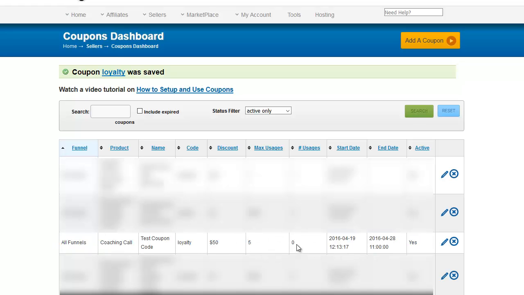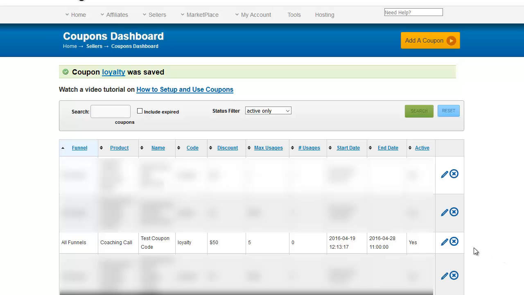And now we see the coupon code right here on my form. No one has used it yet, but once someone uses this, that will increment to 1. This is how you set up these coupon codes, and then what you want to do is whoever you're giving the coupon code to, you want to tell them the coupon code is loyalty, all lowercase, and you want to type that into the coupon code box on the JVZoo order form. Once they click the buy button, they'll be taken to the order form